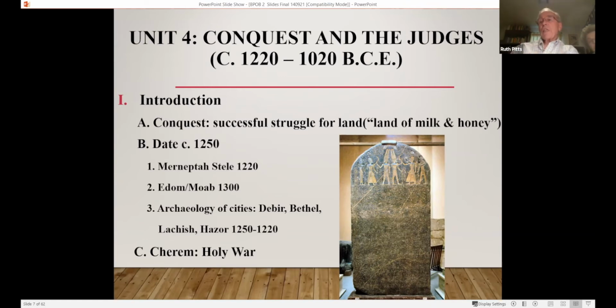This Merneptah stela, Merneptah was a pharaoh. You can see these images at the top of this stone. And then the writing in here is hieroglyphics. Well, hieroglyphics are all over Egypt. That was an early form of writing. It's a picture writing, and people did not know how to read that or what it meant until the discovery of the Rosetta Stone, which is a stone that carries the same message in three languages.